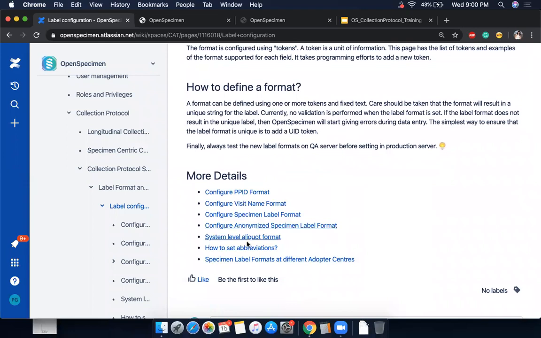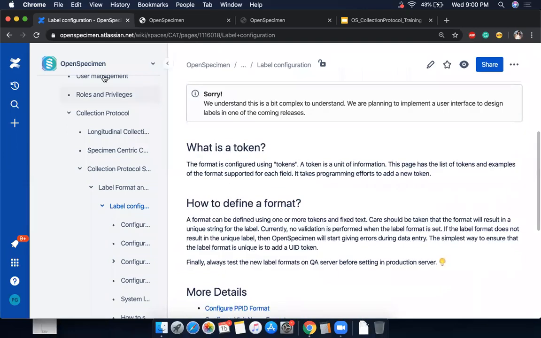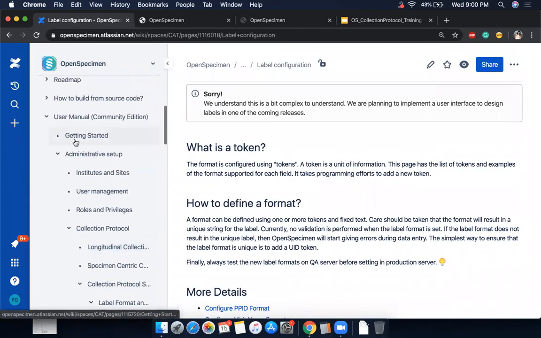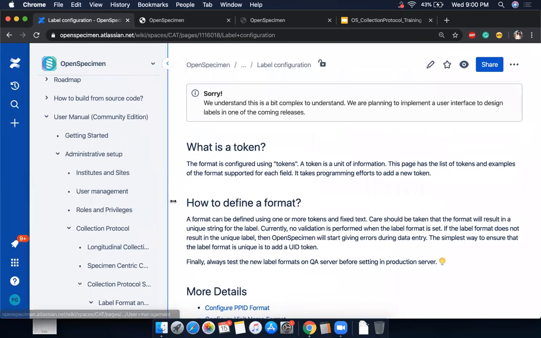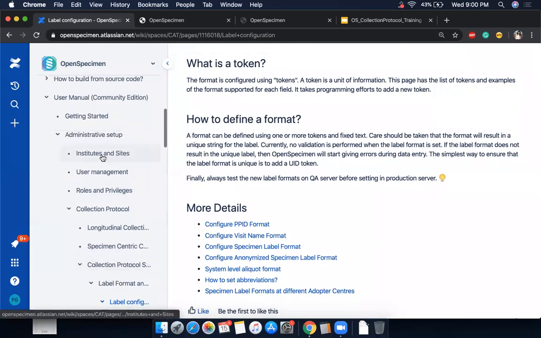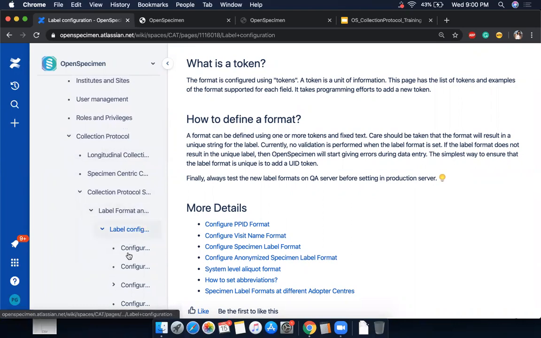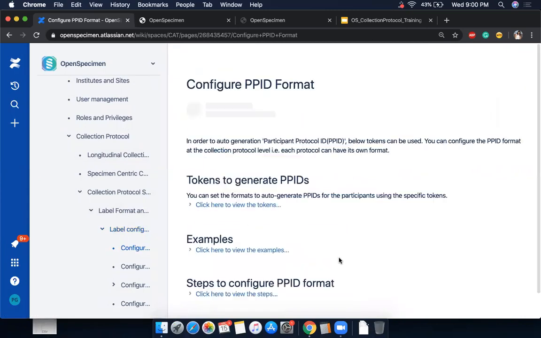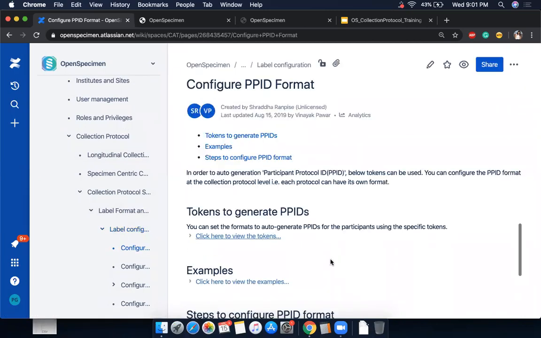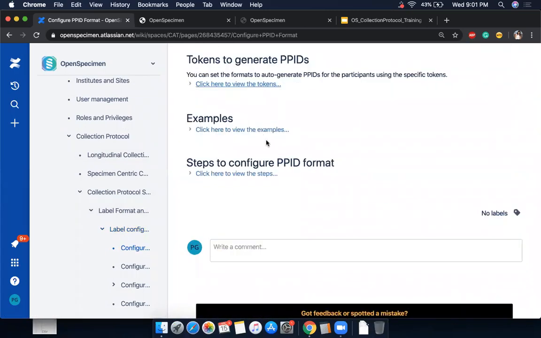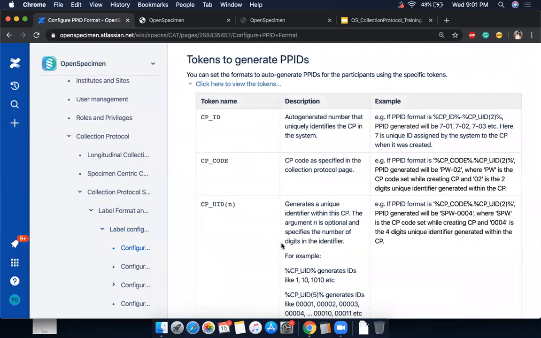As you see on our wiki page, we have a help manual at help.openspecimen.org, where you can access our user manual. Under user manual, administrative setup, collection protocol, you have these label format settings, and under that, you can go to PPID format. Here are the different tokens available for generating unique patient IDs.